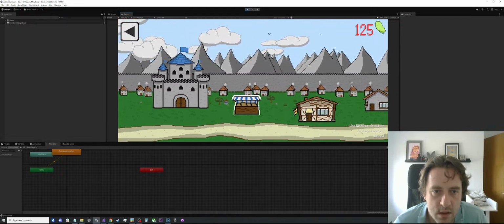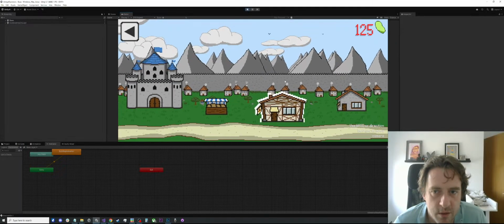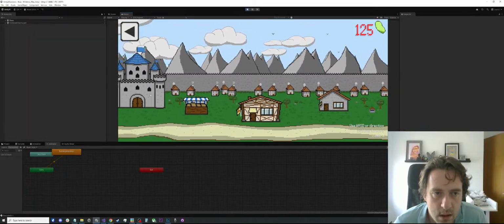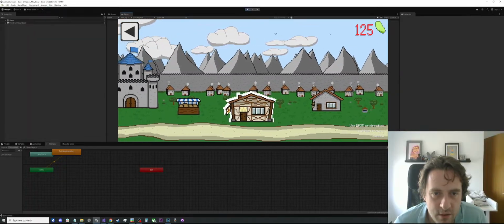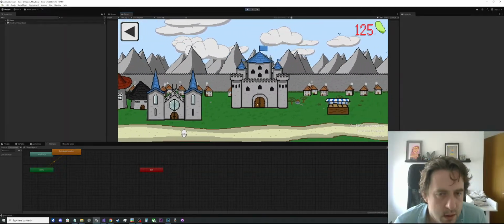I swear this camera movement can't make up its mind how fast it's supposed to be. I keep telling it, I keep changing the thing. Doesn't that not feel slow? Maybe it's not. Anyway,